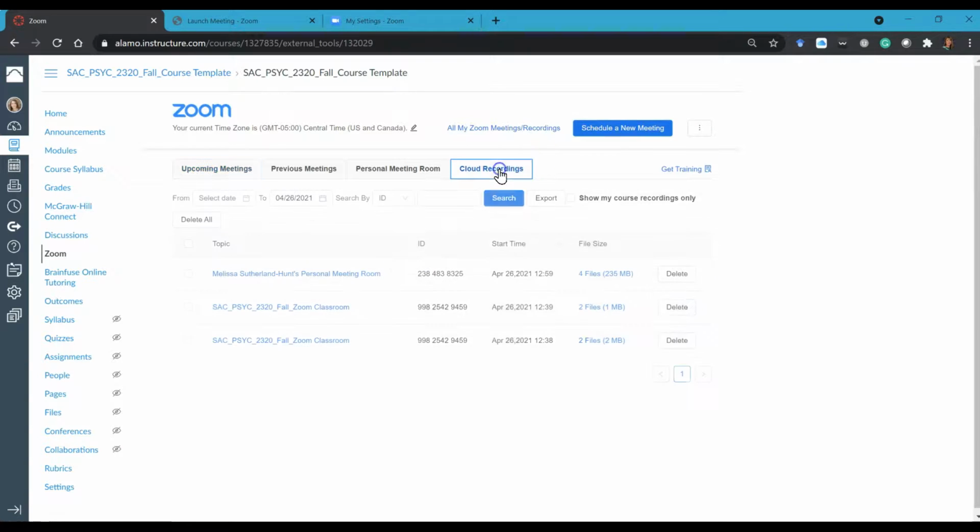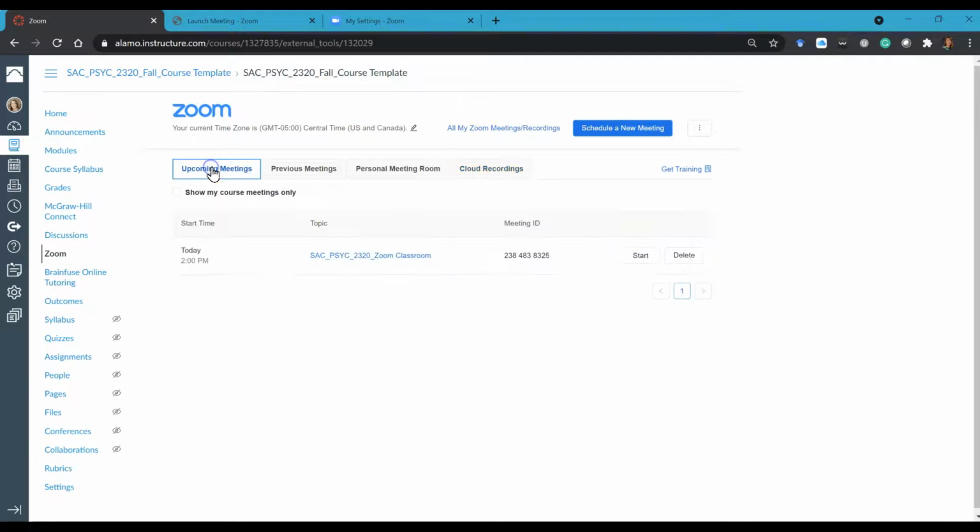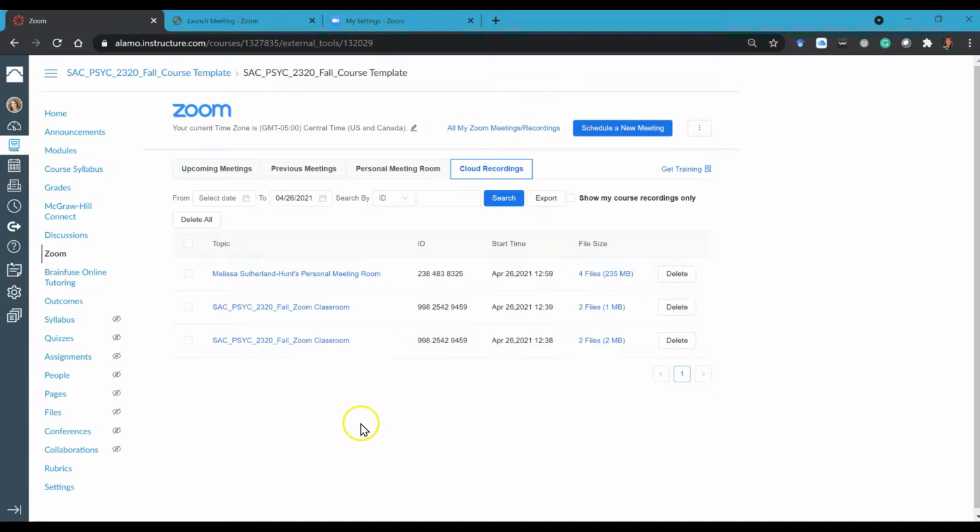And we go to cloud recording. Here's the recording. There's two here because I've been playing with it. So you can see that you can tell your students, you can either just have one that's going to stay here, and then they can go to the cloud recordings and see each class in here,